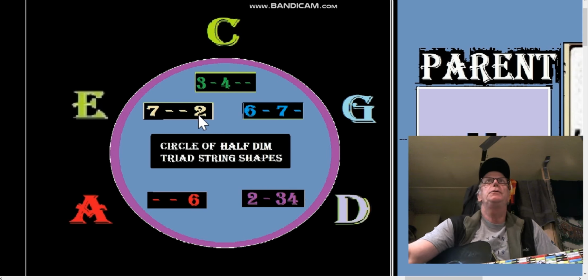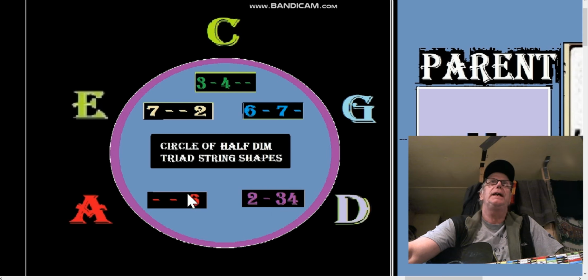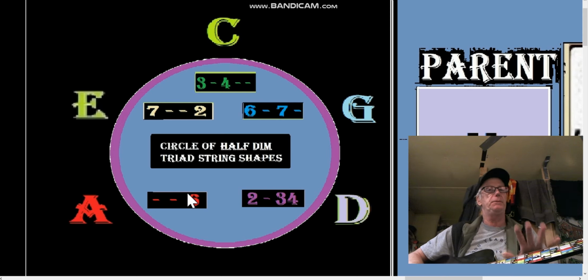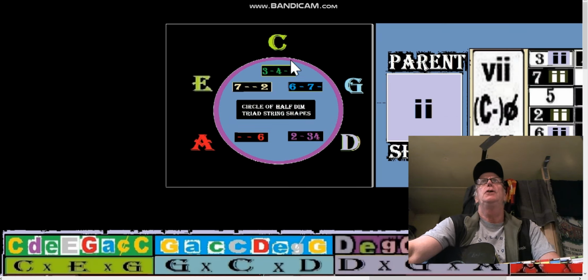So all you have to do is memorize what the individual string shapes are, and in any key and in any one of the 5 cage boxes, every cage box has a half diminished scale in it, you just substitute these for the string shapes. Now let's look and see